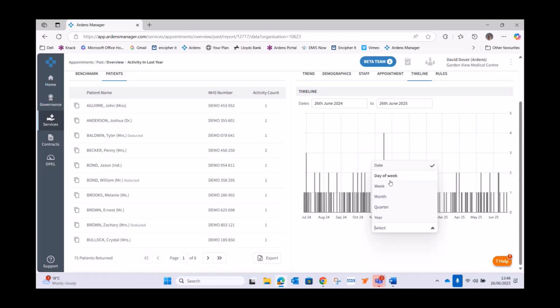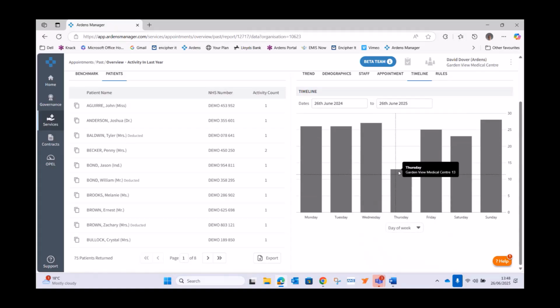Again, what does that mean to me as a practice manager? Does that mean I can look at this and think, well, actually, let's just pretend my Friday happens to be my highest rate of DNAs. Does that mean I've now got enough information? Maybe I do need to discuss this with partners and with management teams in and around your appointment book. But does that give us enough information to think, well, if we are suffering from DNAs on a Friday,